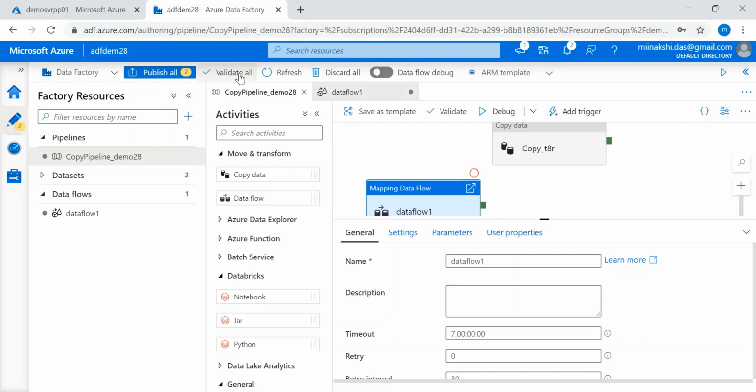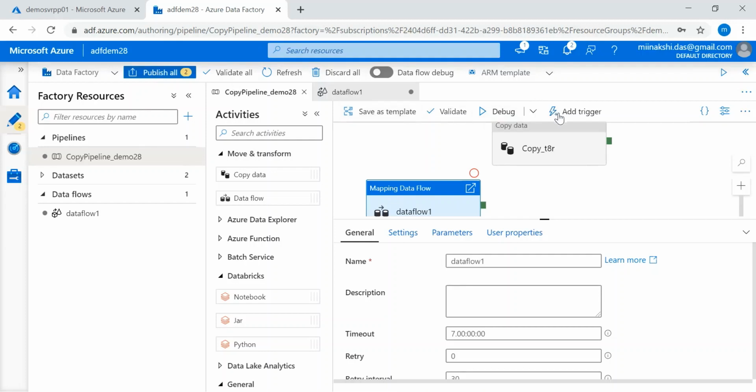Once all the activities are validated, we can go and publish the particular pipeline. Once we click on publish, the pipeline will be saved to our account. And after it is published, we can trigger the pipeline.